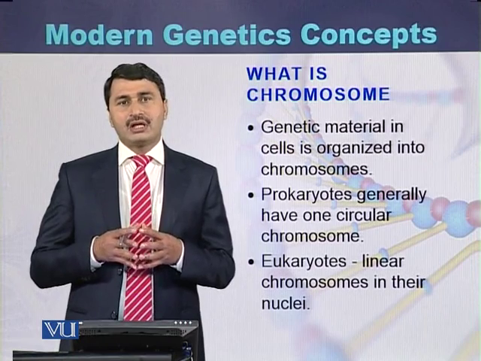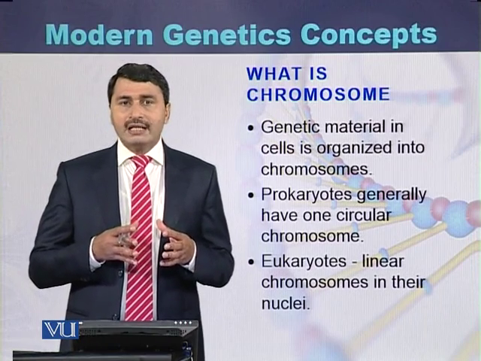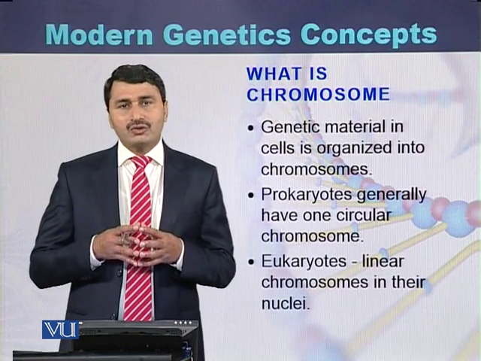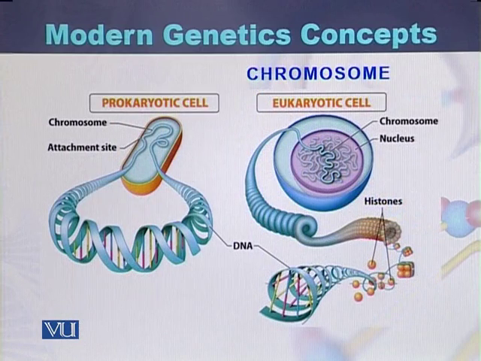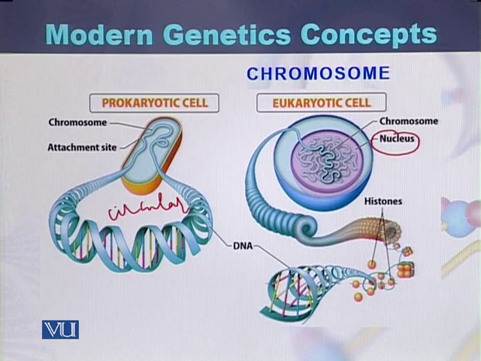In some species, the number of chromosomes can be 2, and in some species, the number extends up to 300. Here is the diagram to explain the structures of the chromosome. This is the prokaryotic cell. In a prokaryotic cell, there is a single circular chromosome, while in a eukaryotic cell, within the nucleus, there are multiple chromosomes. There are some eukaryotic cells that have a chromosome number of 2, and it can vary up to